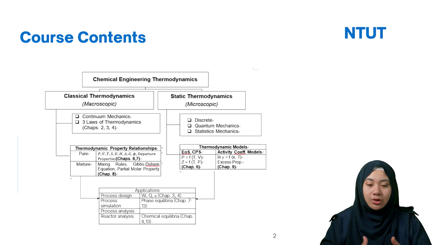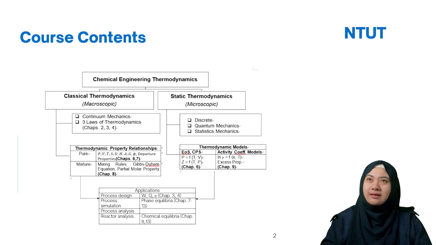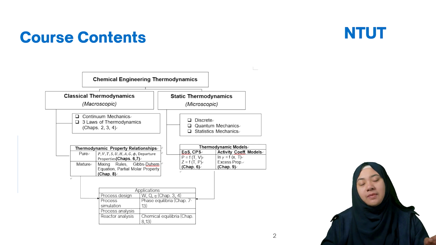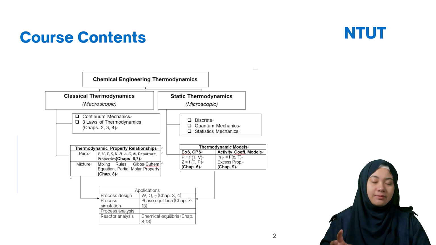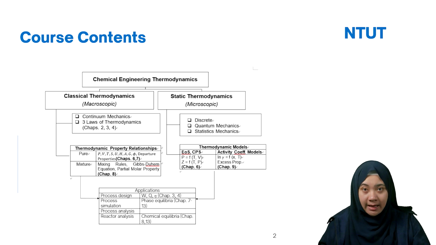And then these two applications you will also use in process simulation. Later on you will study process simulation at the end of your study, I think in the 4th year, if I'm not mistaken. If you use Aspen Plus, this is one tool that we use for process simulation. It consists of two parts, properties and then the simulation. Simulation means you design your plant from the raw materials, how to produce the product. This is based on your simulations.